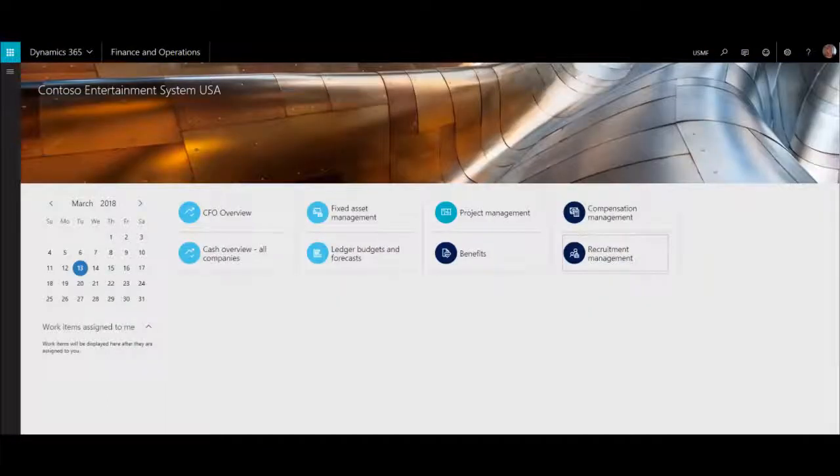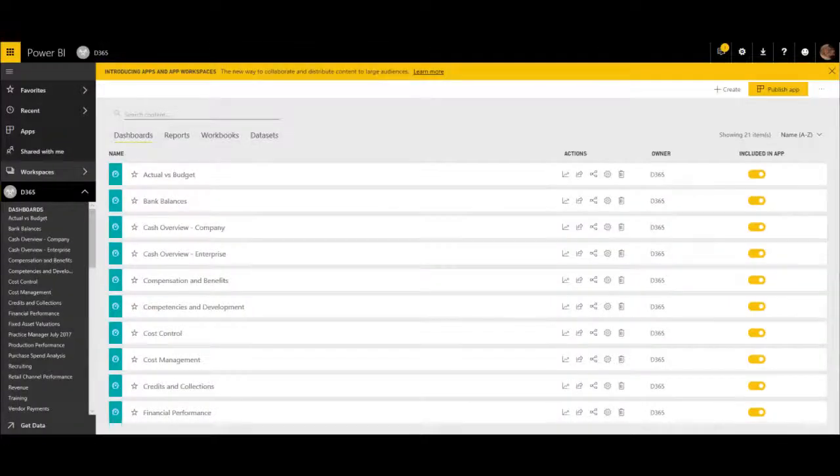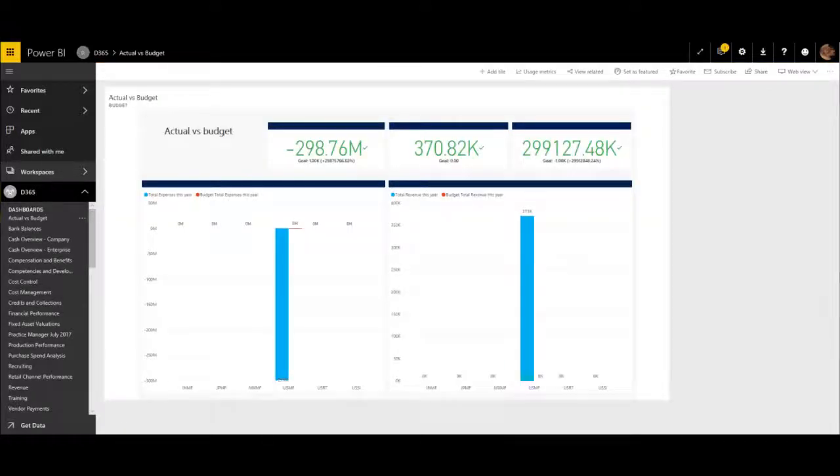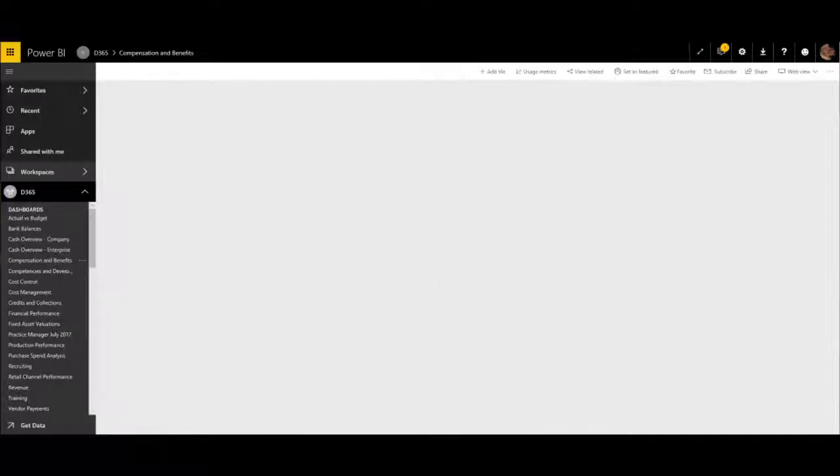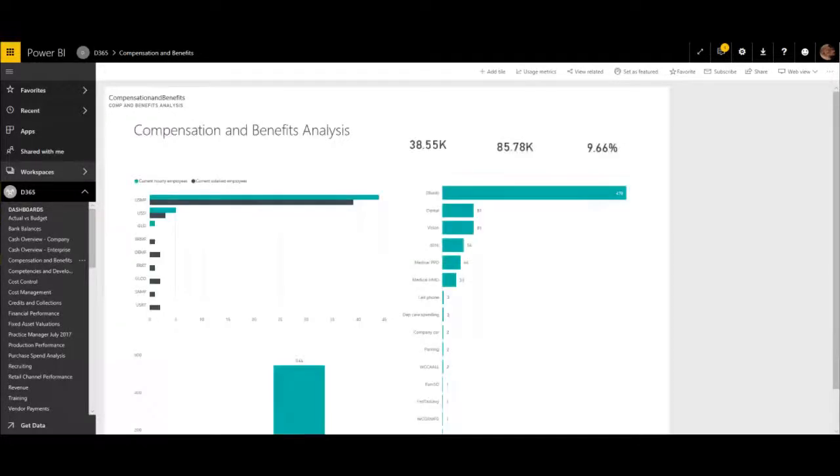Now that we've had a chance to look at all of the Power Embedded BIs that are included in workspaces in D365, I'm going to take you over to powerbi.com, and we're going to take a look at and just run through all of the Power BI reports that are available in D365. Some do not come embedded in a workspace, but you are able to put them in yourself, as we saw earlier. So here we are at powerbi.com, and I'm going to start running you through actual versus budget,